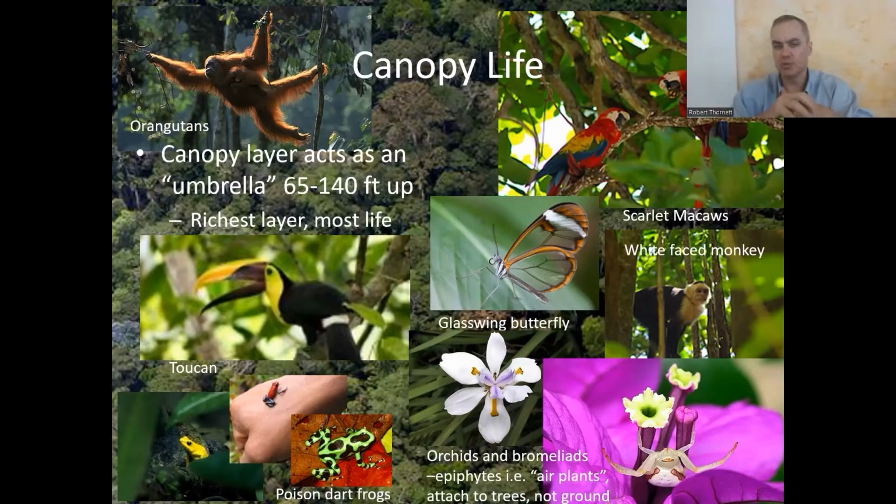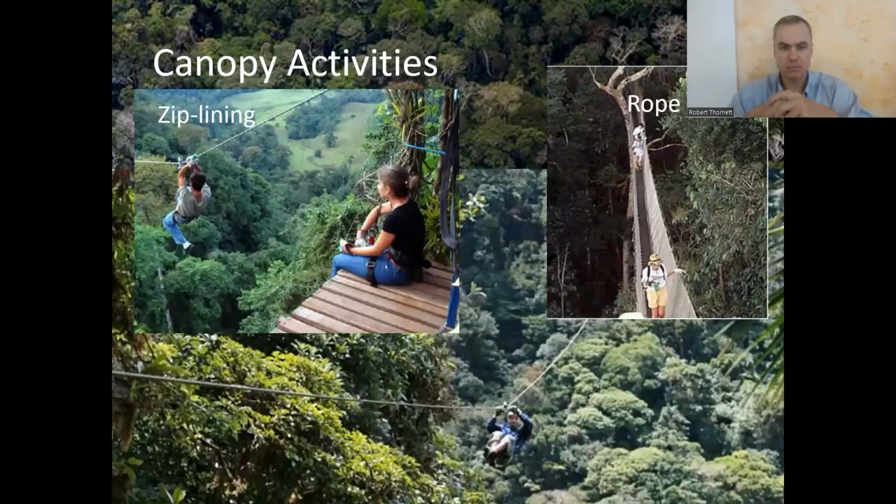Depending on what part of the world you're in, there's different species. Like orangutans are only found in Southeast Asia. Gorillas are only found in rainforests in Africa. There's no gorillas in the Americas. There's no gorillas in Southeast Asia either. An American species might be the jaguar.